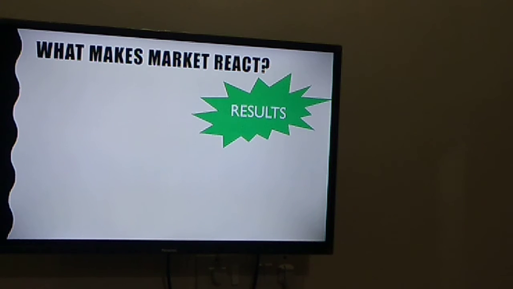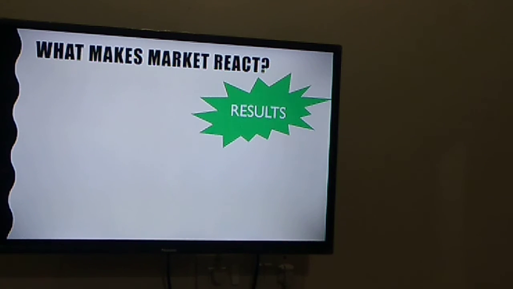If it is a positive result, for example, if it is Infosys, Reliance, L&T, Nestle, UltraTech Cement, whichever companies we are talking about, if they come up with a positive result, their balance sheet looks good and they have made some profit, definitely the market will show a positive reaction towards it. If they are making a loss, then automatically those results will also impact the market.